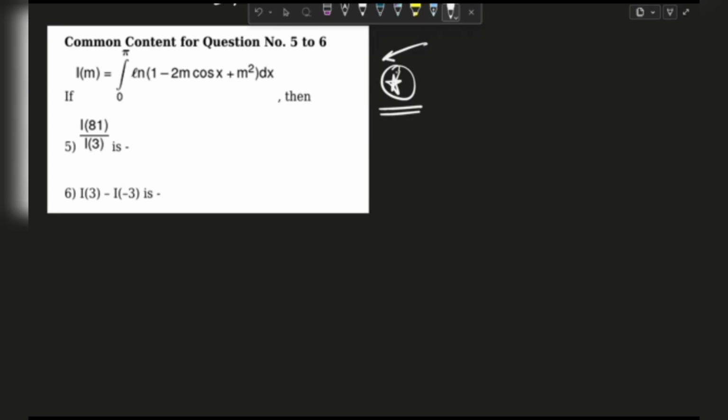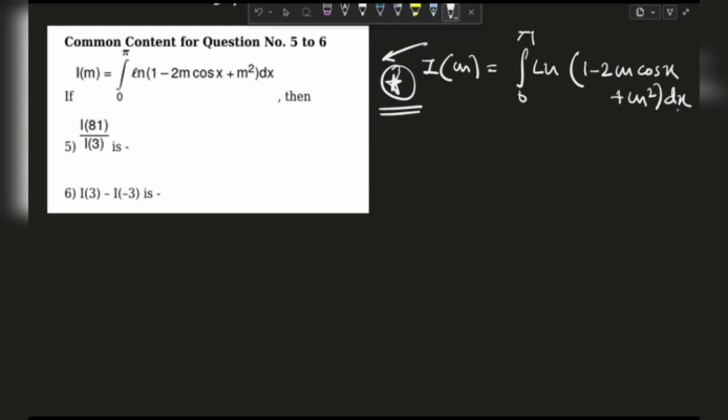This integral is given to be I of m, and we have to evaluate this because values have been asked. So let's write the integral first. This is I of m, which is given to be integral 0 to pi ln of 1 minus 2m cos x plus m squared dx. Now if we write I of minus m, this will come out to be integral 0 to pi